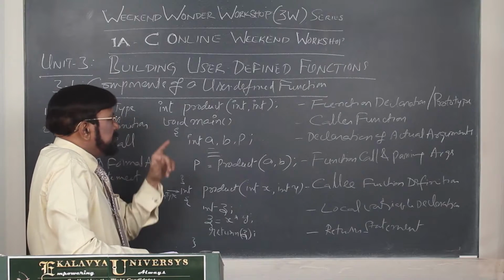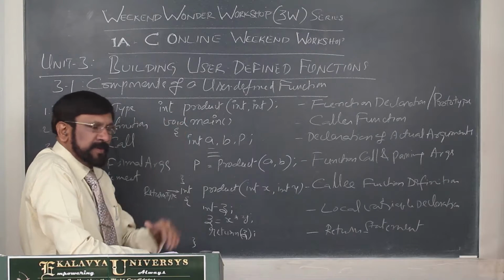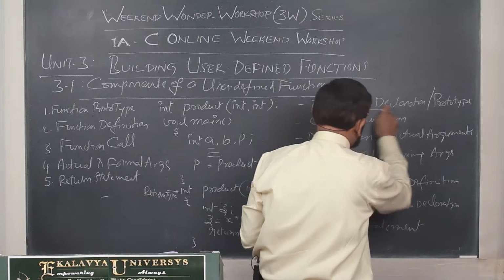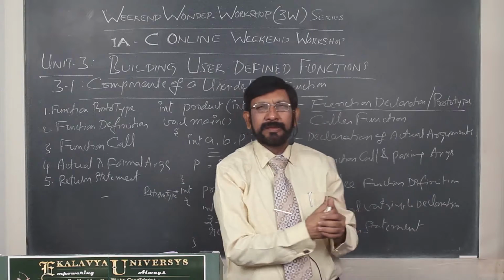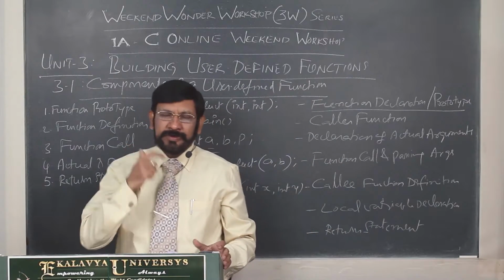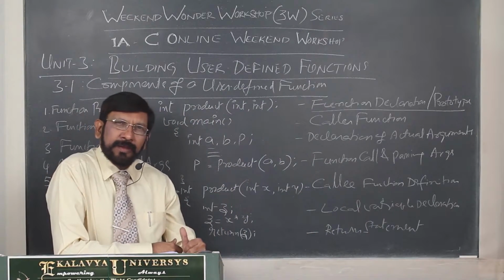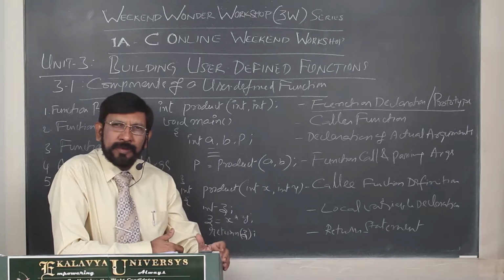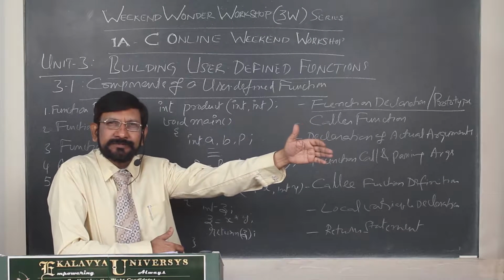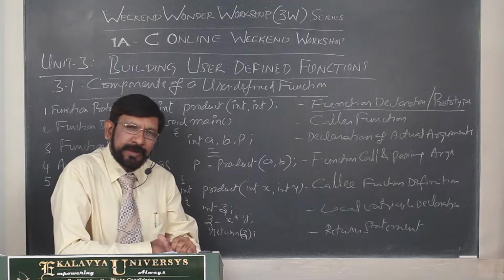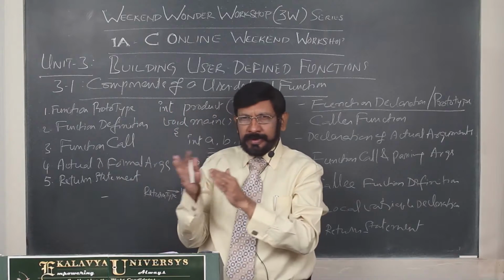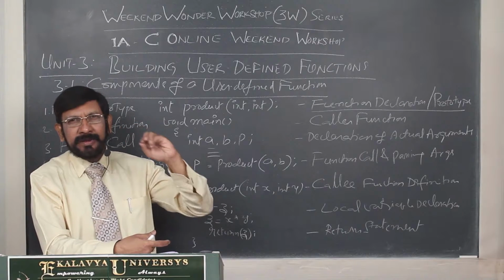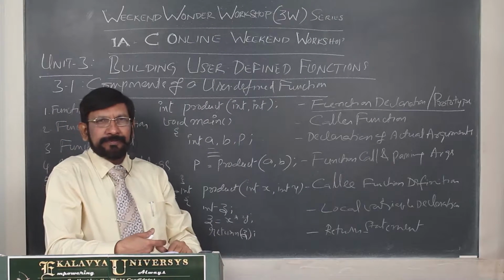Here, the first one, in the informal approach I didn't explain this point. This is called function declaration or function prototype. Already in the previous workshop I explained one thing: whatever element you are going to use in a program should be declared first. In which context did I explain that? Whenever data items are to be used in a program, they must be declared with the corresponding type.